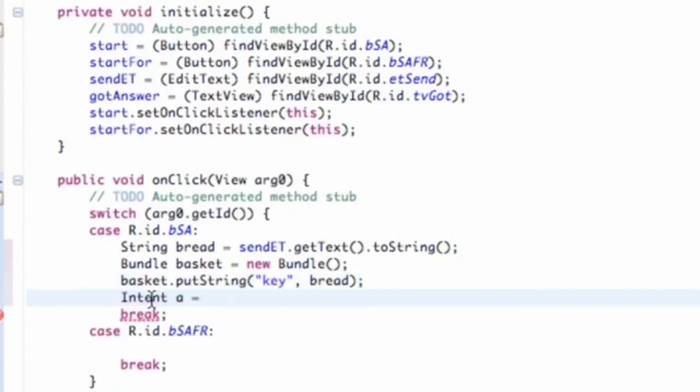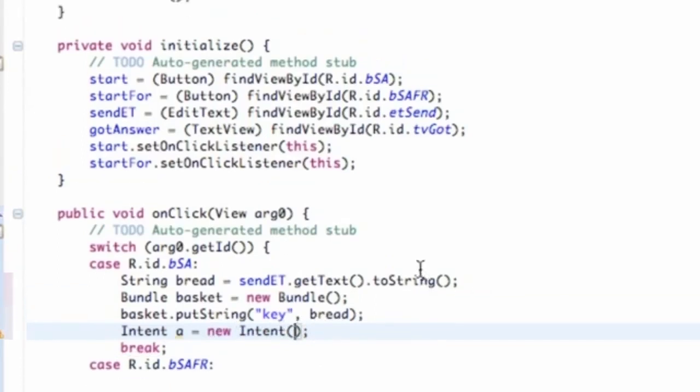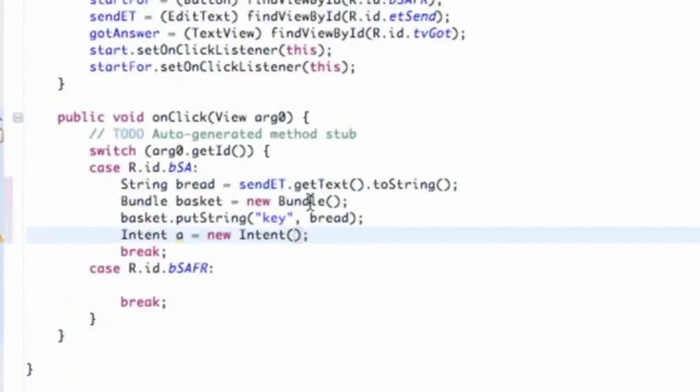Pretty basic. And then you have to import intent, maybe I already have, and as always we say new intent, but this is going to be a little bit different parameters for the most part. Instead we got to give the context, and then we got to say what class we want to open. So we're going to say basically the context of this class, which is called data. So we're going to say data.this, comma, and then we're going to say the class name that we want to open. And so we're going to say open class